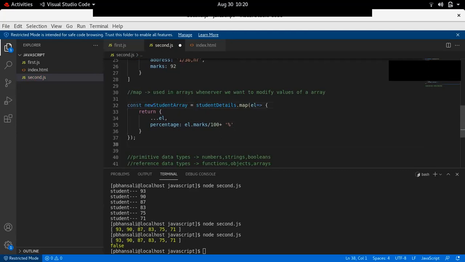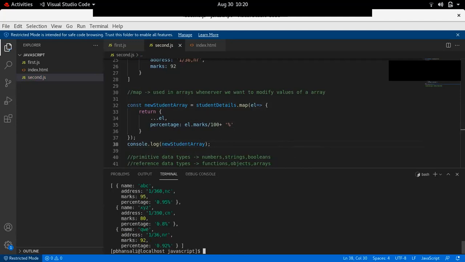And if you print it, you can see that in the new array percentage is added: 0.95, 0.8, whatever comes after dividing by 100. So this is how you can modify arrays.